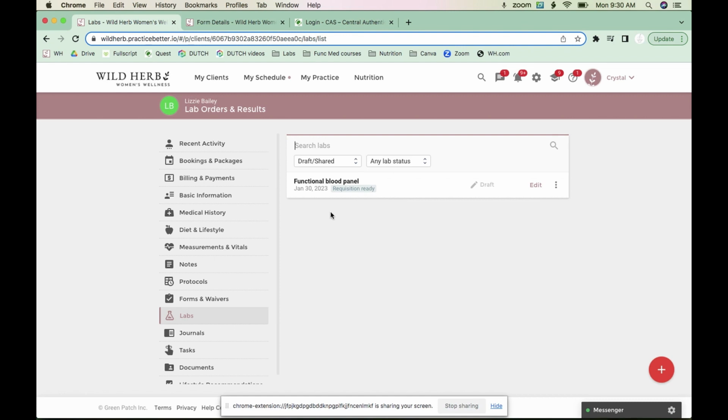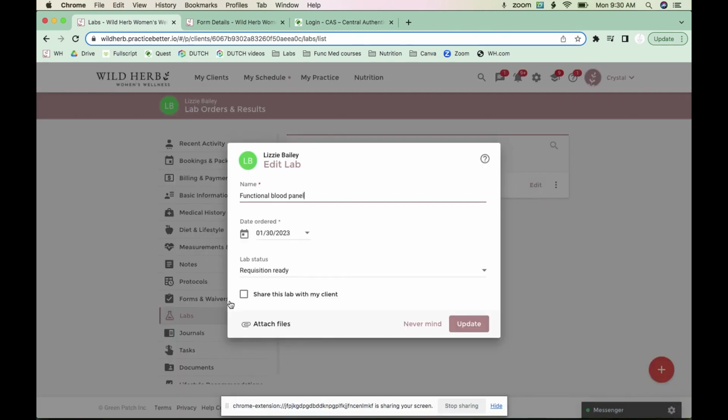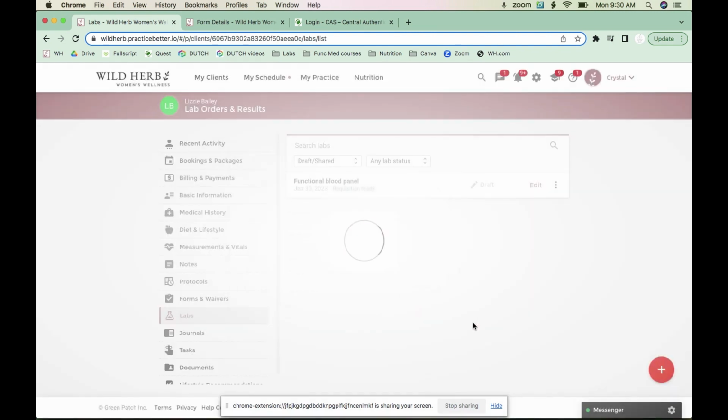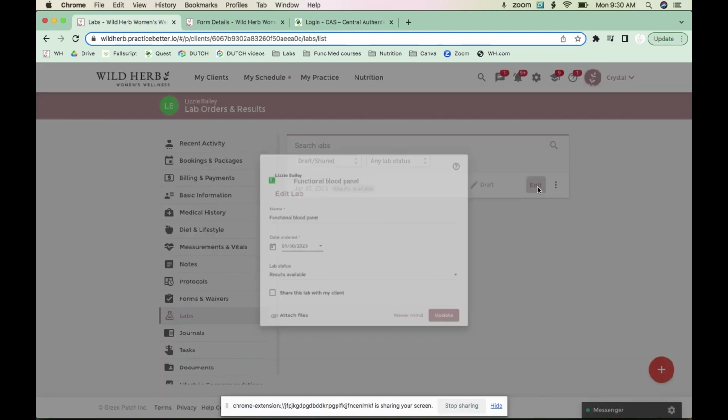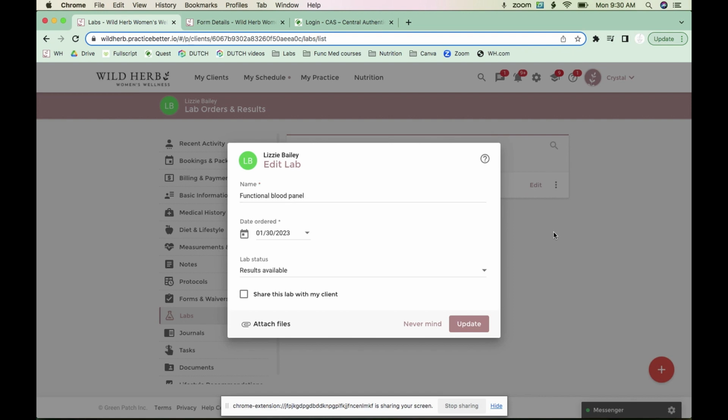Now, when the results come back in, my virtual assistant downloads them. She comes in here, she edits it, gets rid of the requisition, attaches the results, changes it to results available, and then she goes into tasks and creates a task for me to review it. And then when I review it, I then come back into here, and